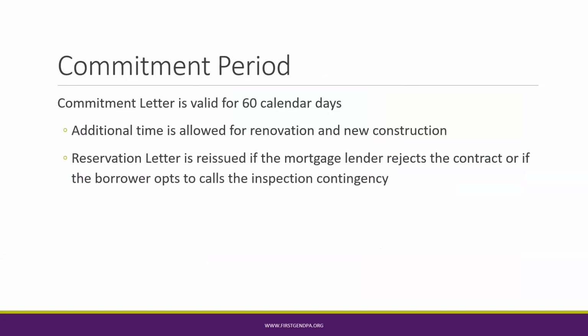So this question often comes up as well. What happens if the mortgage lender rejects the contract or the borrower opts to call the inspection contingency? We are not interested in locking people into a purchase that is not in their best interest. So in this scenario, should the borrower opt to call the inspection contingency or the property not meet the standards of the mortgage lender, there is the option to still cancel the contract under the purchase agreement, what's been called out and named in the purchase agreement,